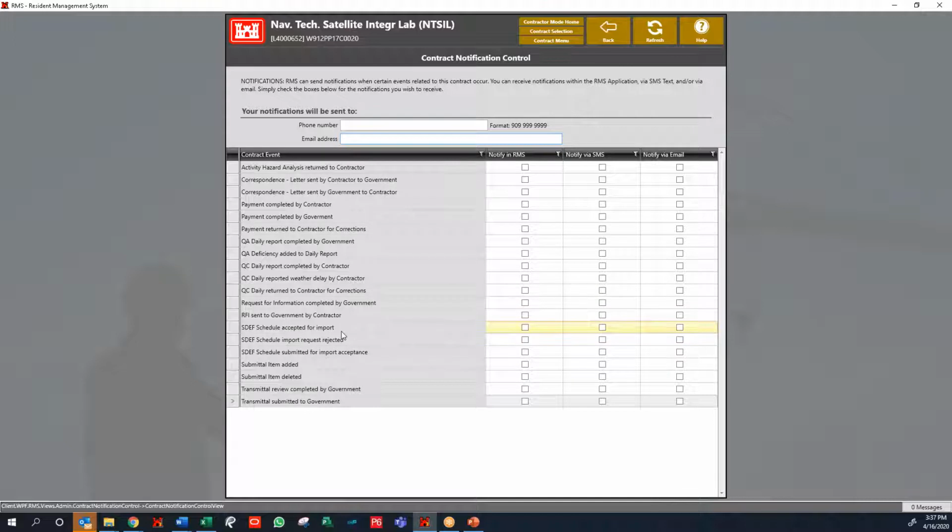If an RFI has been sent, SDEF, if SDEF has been accepted, then text you, email you, notify an RMS, SMS, or email. So especially for a QC on site,